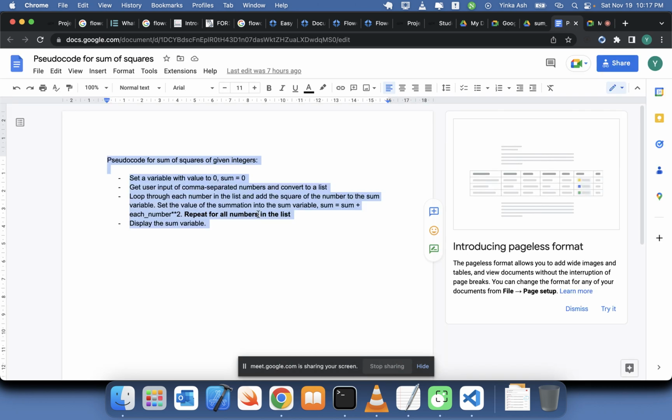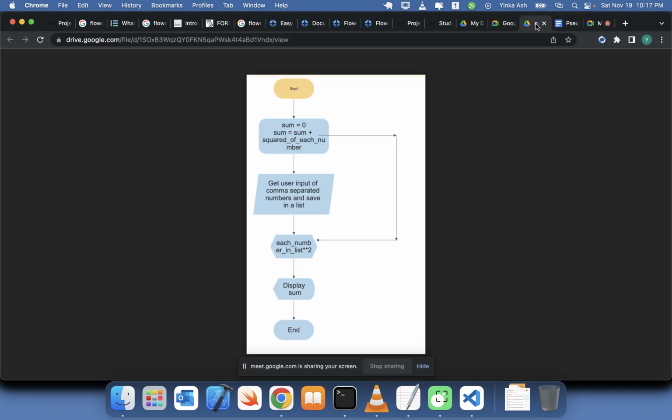So that's my pseudocode. Now I want to represent this on my flowchart, and then I go here and I do my flowchart. Now look at my flowchart. I do the start. Now in my start,